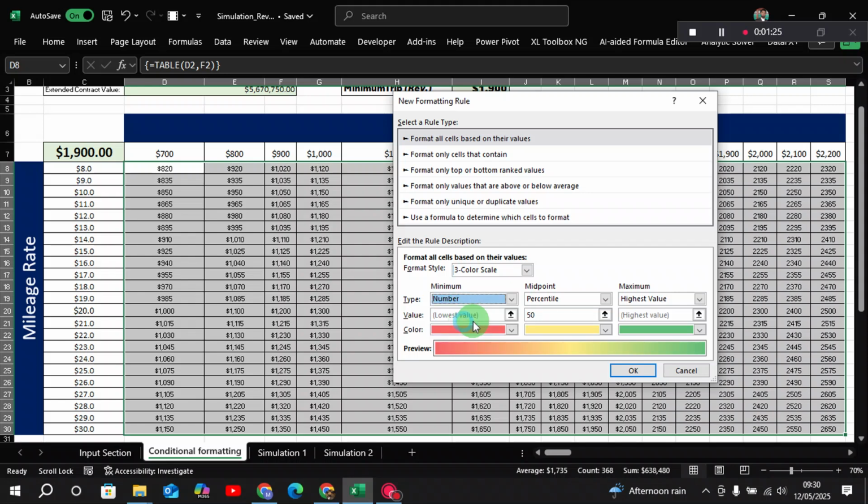I will select these to be numbers since I am working with numbers. You can select the type which you want, and I want to specify the value 2000 or near 2000 to red. So I will give it as a midpoint, and I'll give this as red color since I want to see this value as red, and I will give the minimum value to 1995. This will narrow the margin, and below the 1995 all the values will show yellow since I have selected yellow,